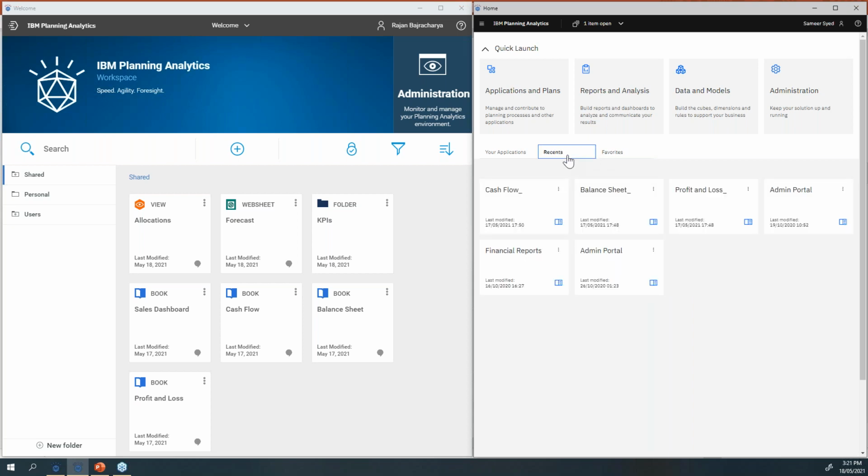So as you can see now, the landing page looks much more in control of the users than the older version of PAW, which had the developer setting up the landing page. What he sets up as the reports, the users will see that. But with the new landing page, a user will have more options to see and keep their reports in a way that they can access very quickly.